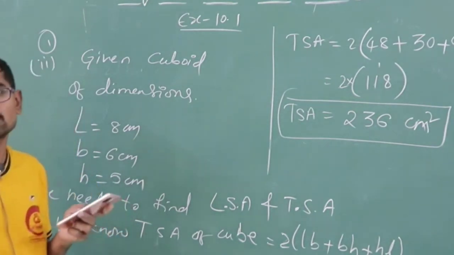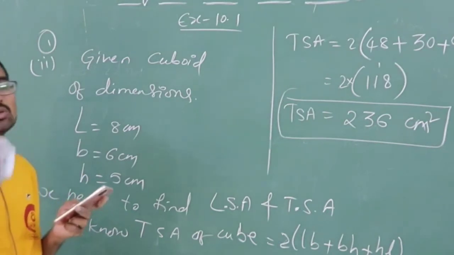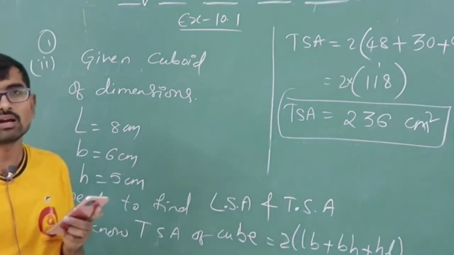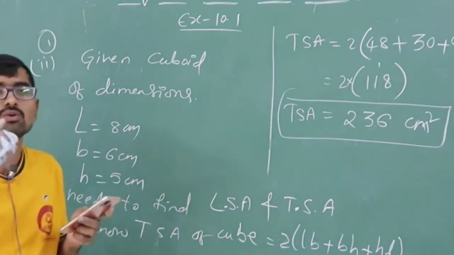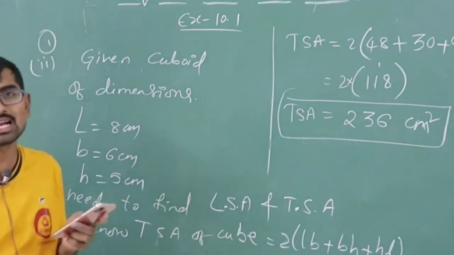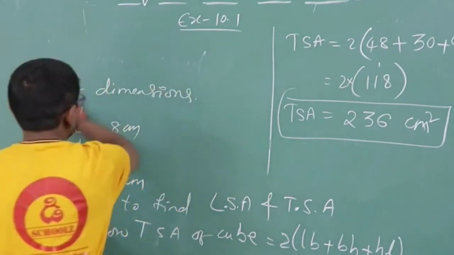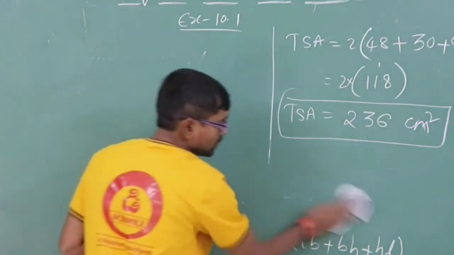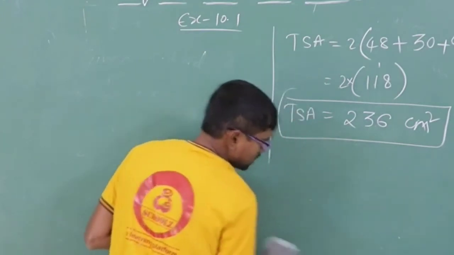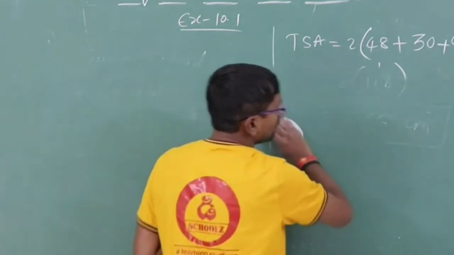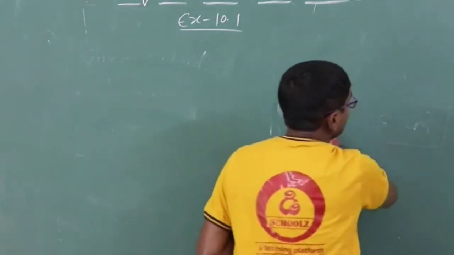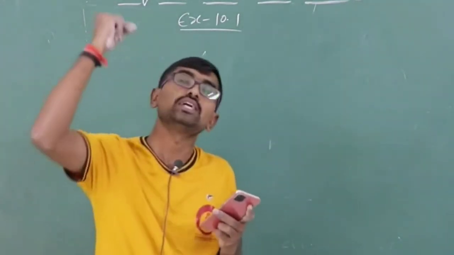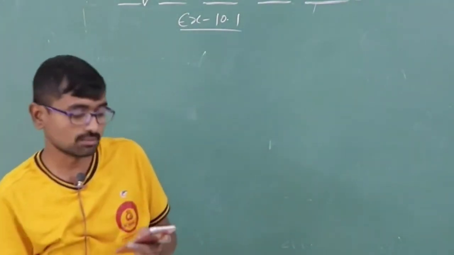Four walls. Now only I have told you, four walls. So here we have to assume for these four walls we don't have any door or a window. So four walls means we have to find total or lateral? Lateral surface area only. Why? Totally we will be having 6 faces. In that he had removed the top and bottom. Then we have got 4 walls.